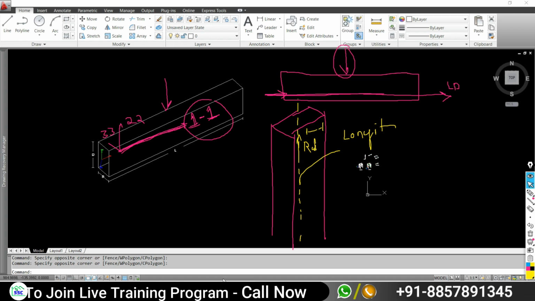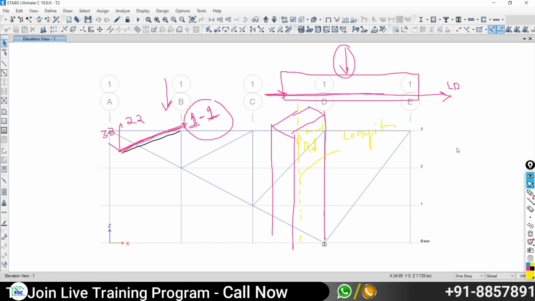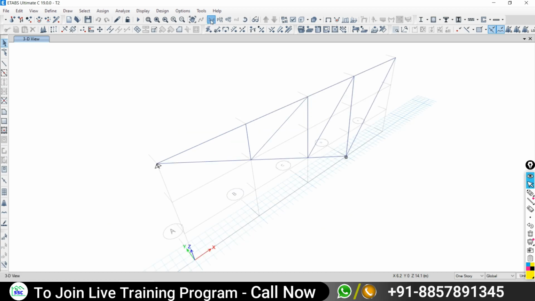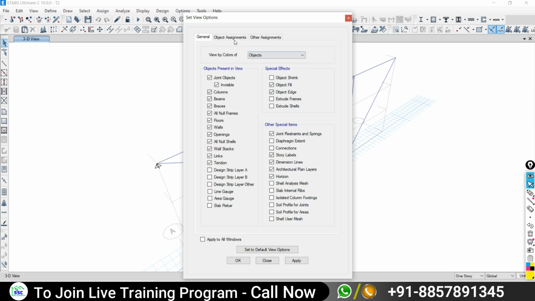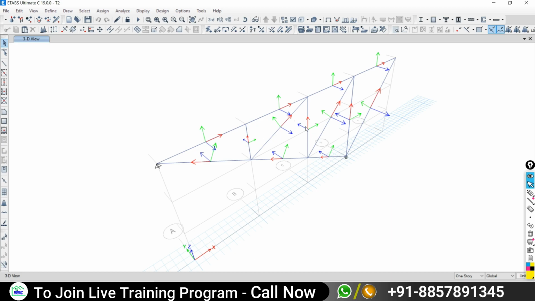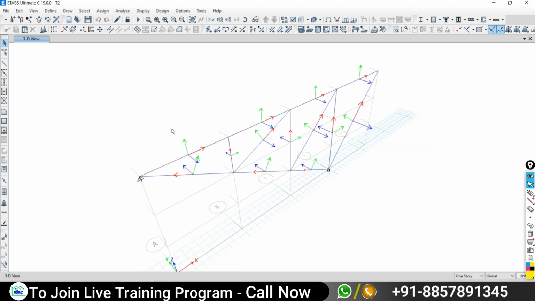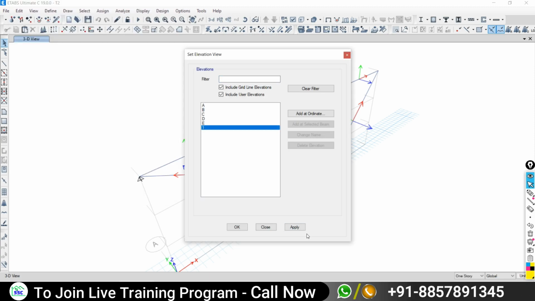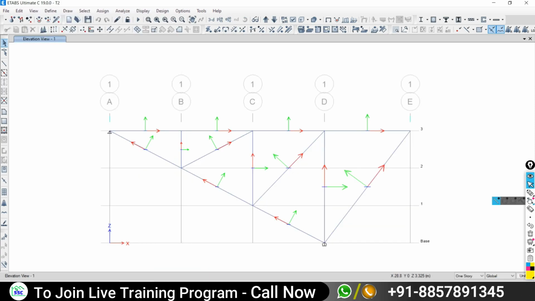Yes sir, let me show you. Go back to ETABS and close this. Take the 3D view. Go to set display option, and I would like to see the local axis for the frames. Local axis, say apply. Look at this. Let us consider this is the horizontal at a particular floor. Go to elevation. At elevation, first let us consider this is the beam.